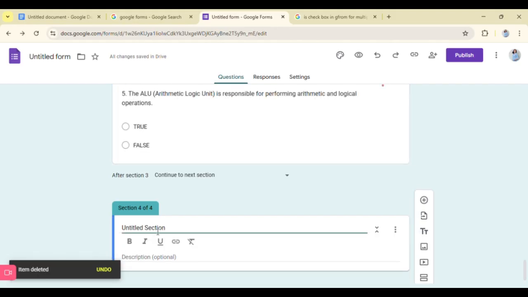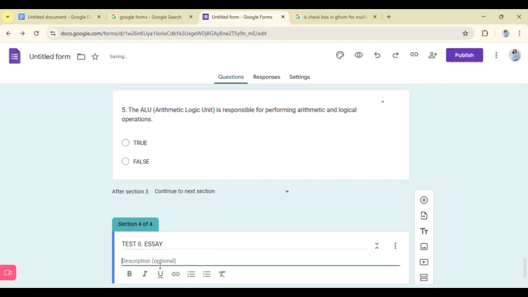And then for this one, let's put the title for the essay: Test 3 Essay. For the description, let's just say, answer the following items in 3 to 5 sentences.